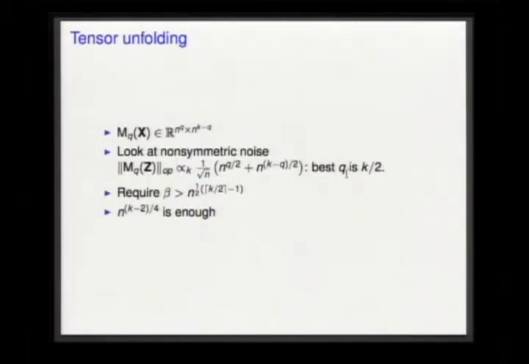So for this, you need to get q as close to k over 2 as you can. I mean, it has to be an integer. So if k is even, it's going to be k over 2. Otherwise, it's k over 2 plus 1/2. So this argument is telling us that as soon as beta is larger than this value, which is the operator norm of the noise for the optimal choice of q,